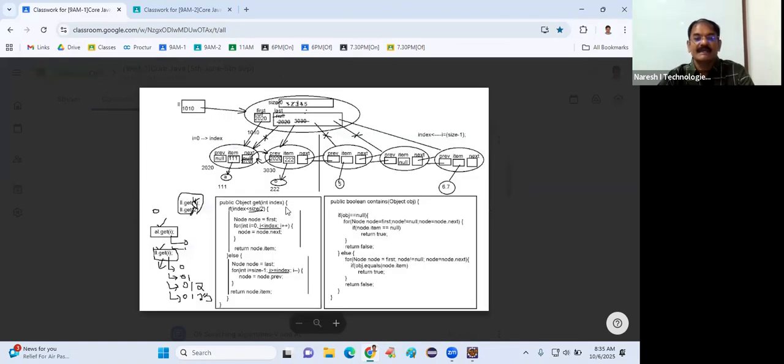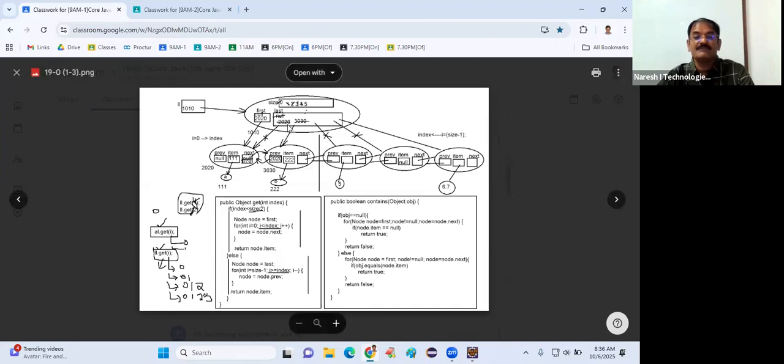Next, I explain how the get method internal logic is implemented and how the contains method internal logic is implemented. What is this binary searching algorithm? What is this linear searching algorithm? If you are searching with the get method, for the first element, then only 0 location. Second object, if you want to retrieve, 0 and 1. Third object, 0, 1, 2. Fourth object, 0, 1, 2, 3. Every time the get method is moving from the first node to the given index node. So for example, if you want to find the fifth node, then it has to start from 0